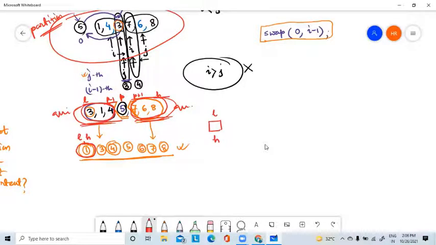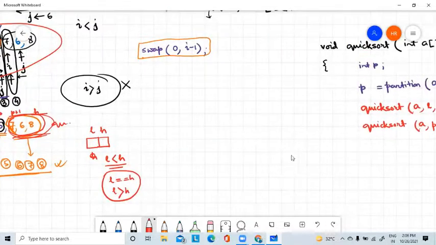Okay. So how do we know that there is more than one element? See, in that case, L will be this one, H will be this one. And what is the relation between the index values? The lowest index value is always less than the highest index value. So this is the actual relation to satisfy for more than one element. But if it is not satisfying either this or this, then we have to stop.